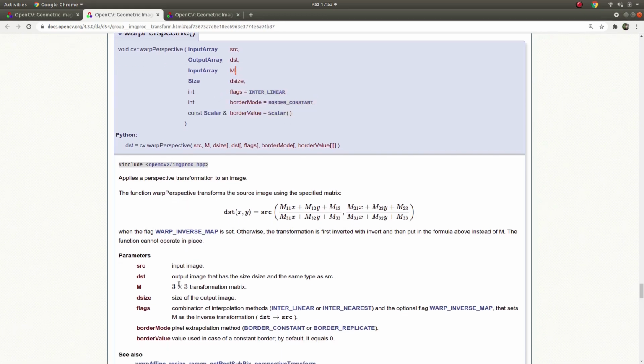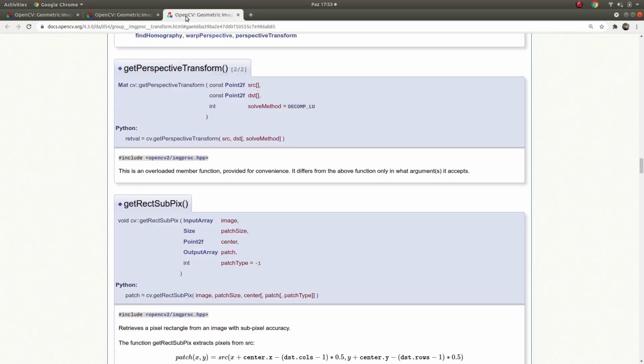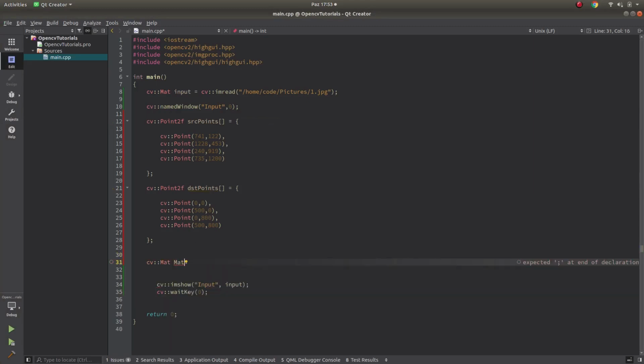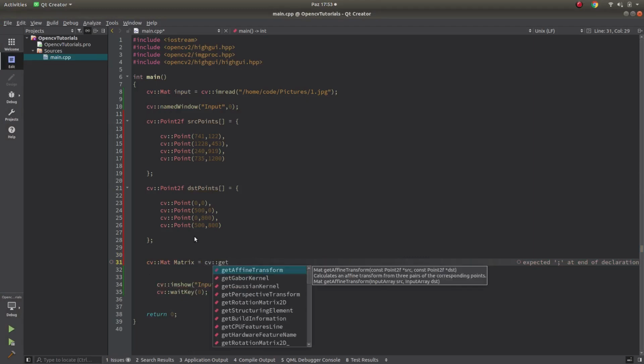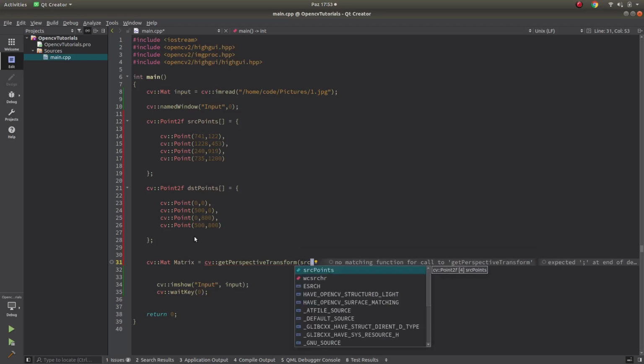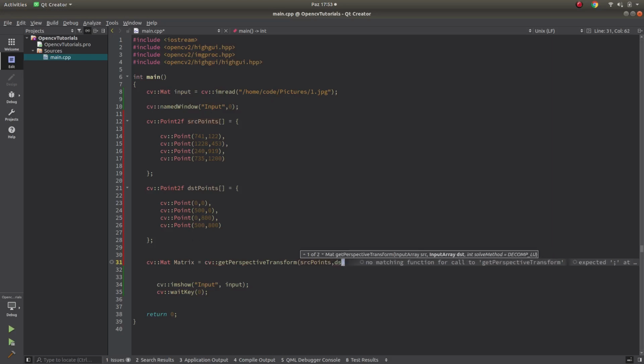M is a 3x3 transformation matrix. Since we cannot calculate this directly, OpenCV has a perfect function, getPerspectiveTransform. Let's define the matrix as cv::getPerspectiveTransform. Input array is source points, output array is destination points, and nothing else.